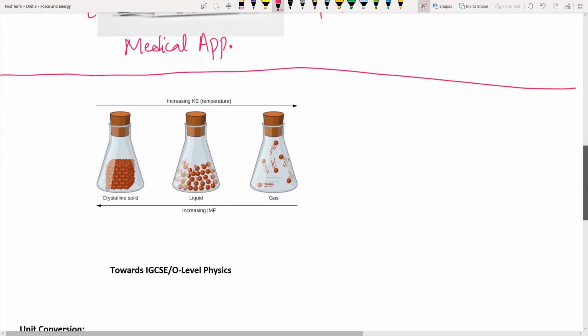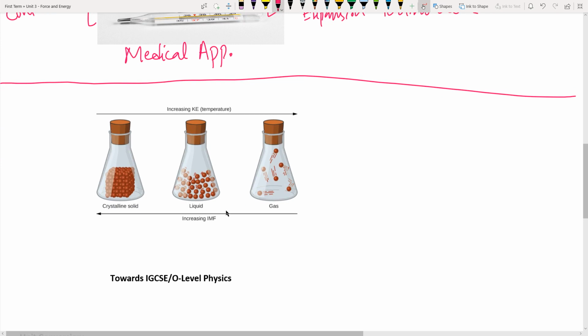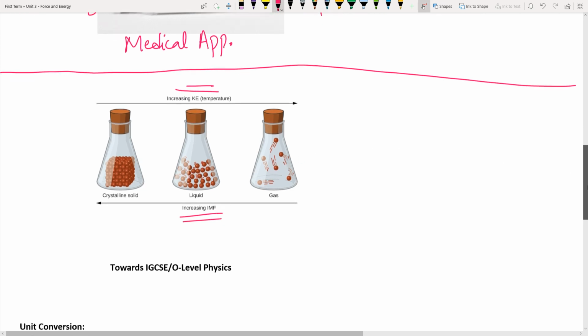So as I was telling you about the intermolecular forces and density, this is how the intermolecular force can be related to the temperature. If you increase the temperature, let's say from solid to liquid, and from liquid to gas, you see an increase in kinetic energy or the temperature. On the contrary, you will find a decrease in the intermolecular forces, right? The molecules were packed here, they had good attraction to each other, then it got a little loose, and in gas there is no more intermolecular force, right? So